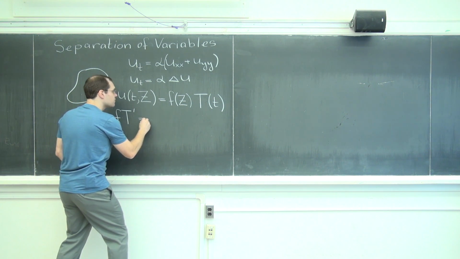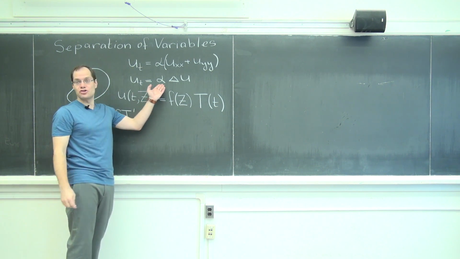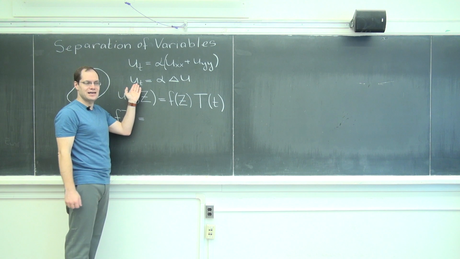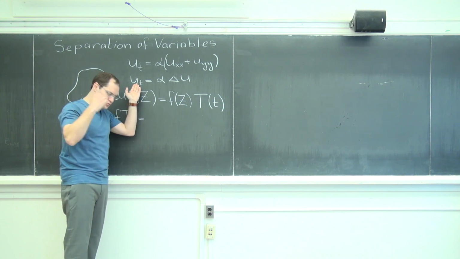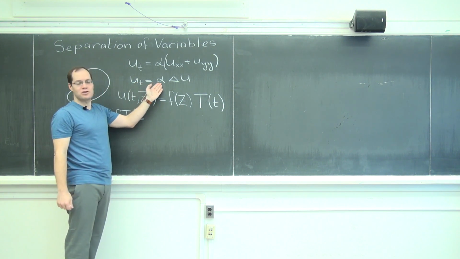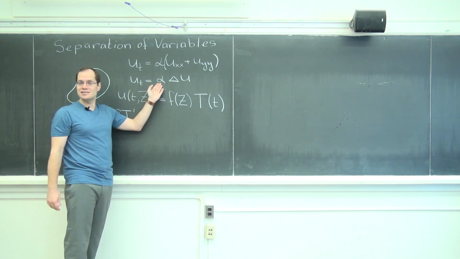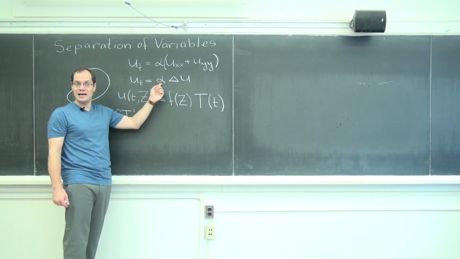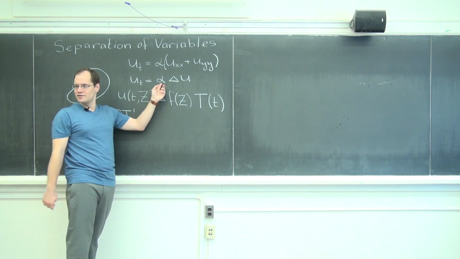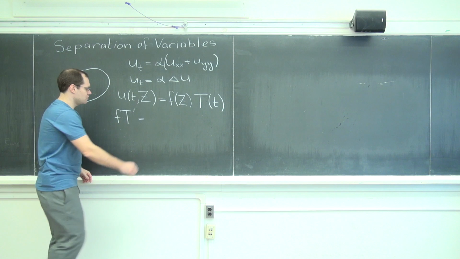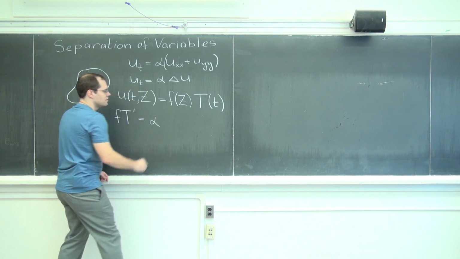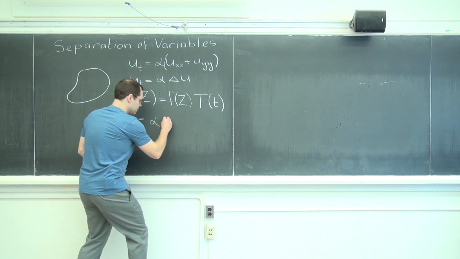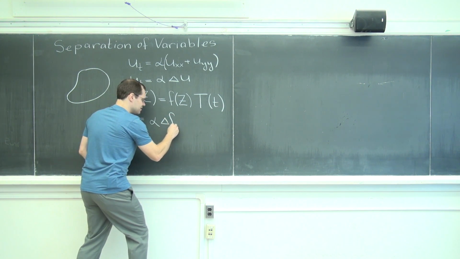Equals alpha, let's call this thermal conductivity. That's a good thing to call it. This equation is saying the rate of going to the equilibrium is proportional to the conductivity constant and also proportional to the Laplacian, so it makes sense. The higher this number is, the faster you'll get to the equilibrium. So alpha stays here. And then we end up with the Laplacian of f